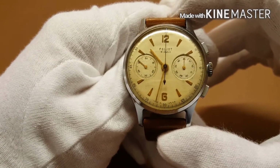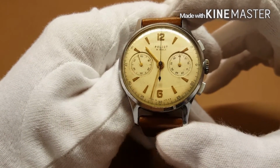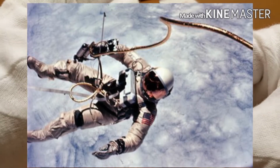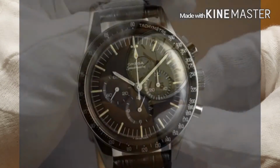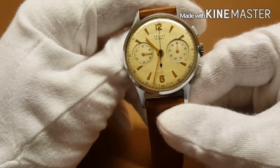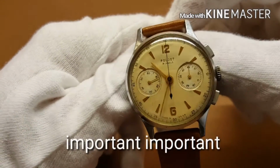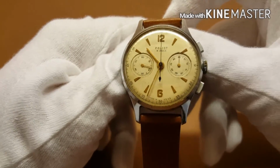Just as a side note, the Americans went in space and had their first spacewalk several months later. The guy who did this for NASA was called Ed White, and he was wearing, yep, you guessed it, an Omega Speedmaster. So I don't want to jump to conclusions whether this or the Omega went into space first. Another important yet tragic character which had an important role to play in the history of this model